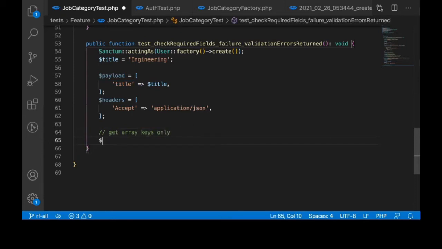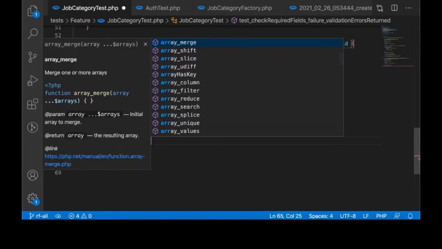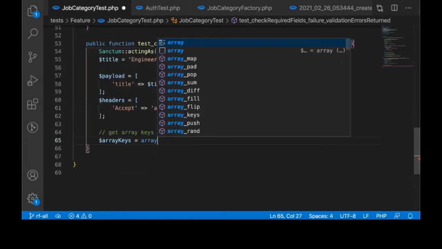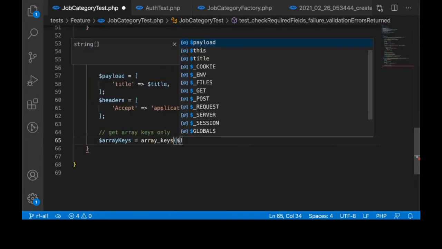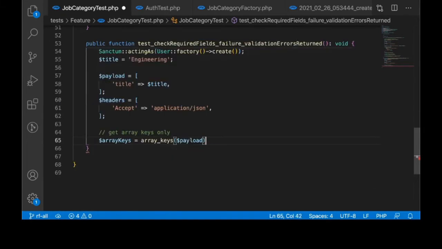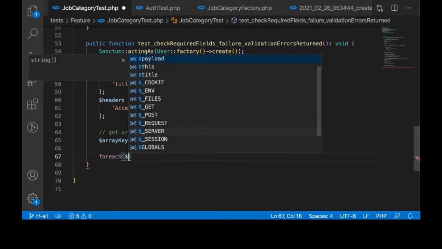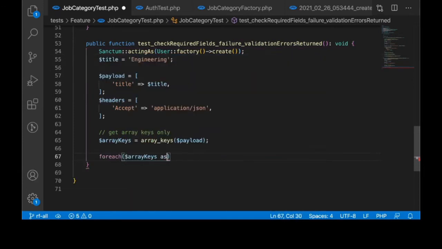So we can do that by saying array keys, and the array is payload. This will give us only the keys. Now for each key in the keys array keys as a key,